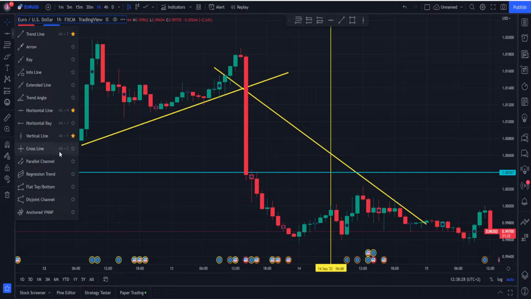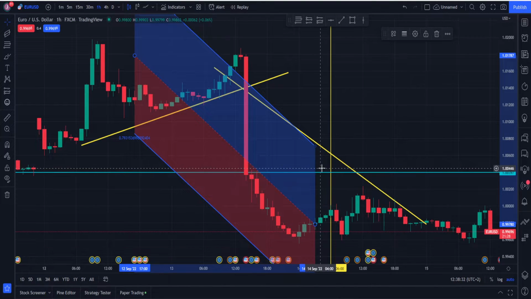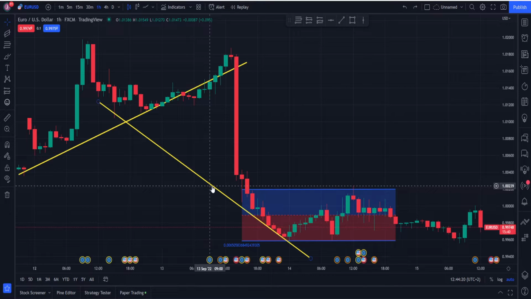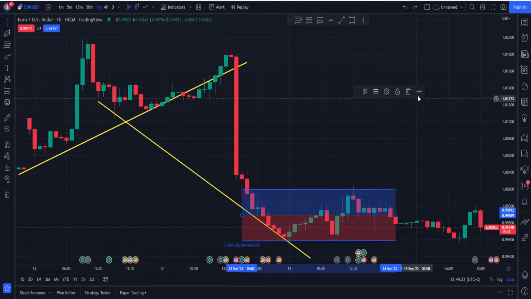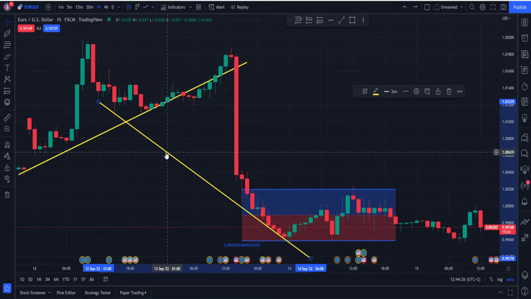There are other sorts of line tools that you can push in if you like, so you can just experiment with this as well. Once you have placed some trend lines or other drawings on the chart, you might want to either edit them or delete them. In order to do this, you just click on the item you want to edit or delete, and you'll get this little toolbox that pops up. It will be different from item to item,